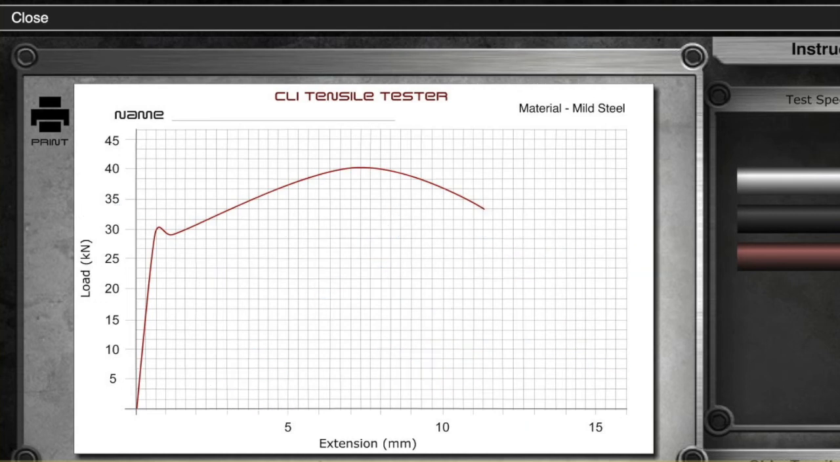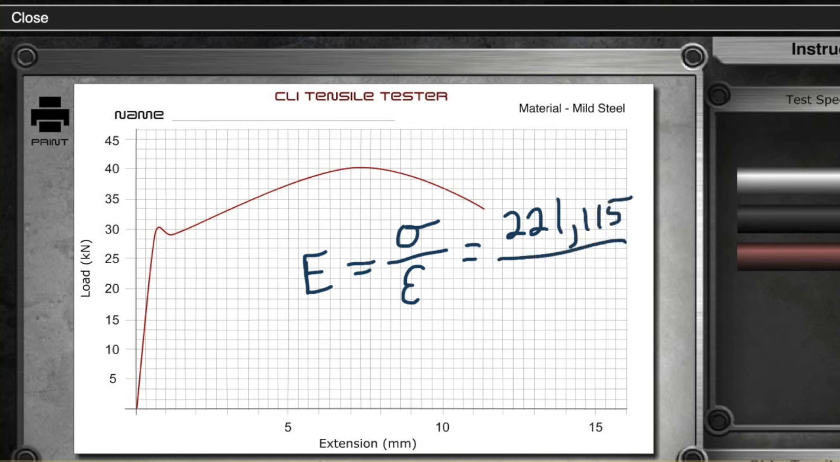Number 4 says, what's the modulus of elasticity, or Young's modulus, for mild steel? And to do that, we just take the slope of the line, and so that would be my E. The slope of the line, that's rise over run, that's stress over strain, and we calculated those in number 1. So in number 1, we have a stress of 221,115, and then we had a strain of 0.0088,